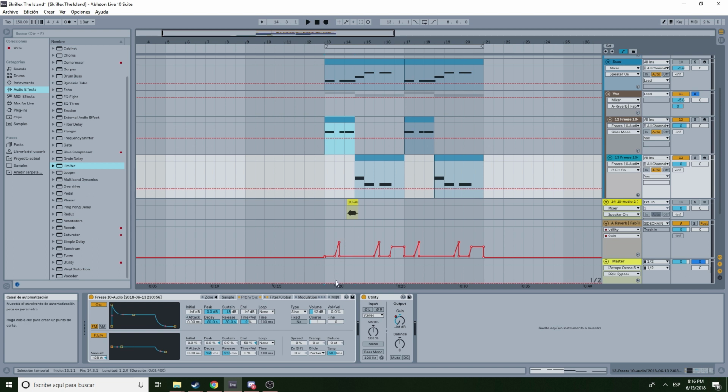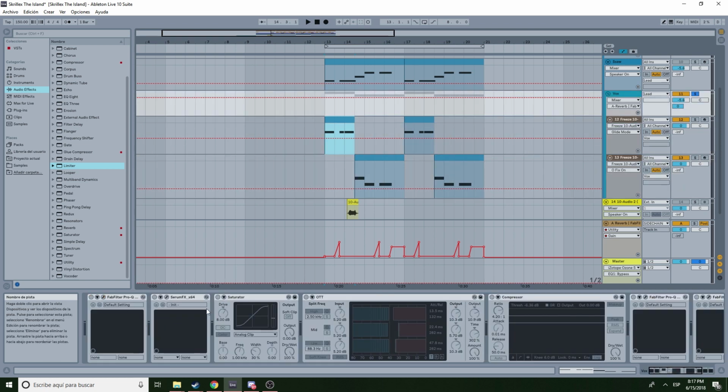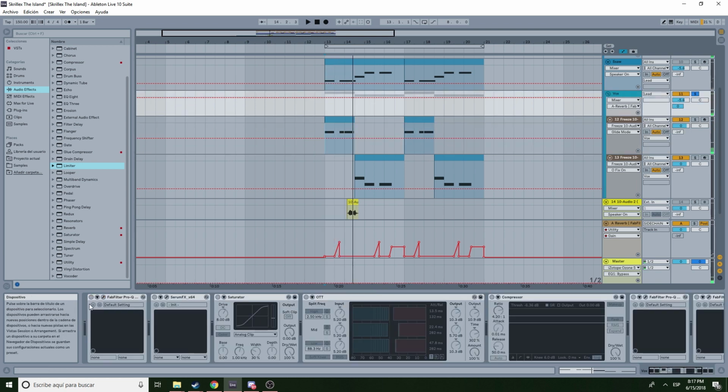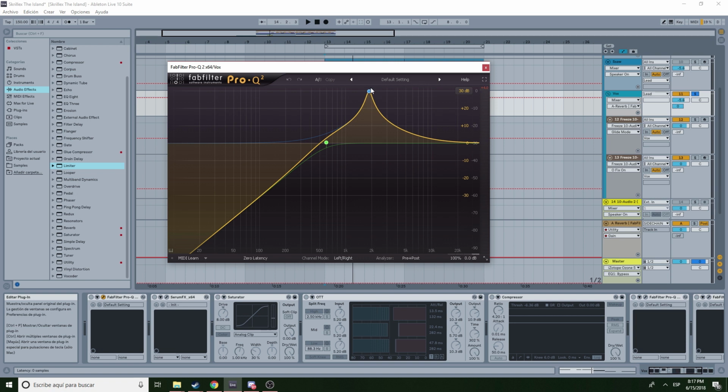That's it. Now, for the effects, I grouped them together and ran them through an effect chain. So right now it sounds like this. And what I do is pretty much EQ the hell out of it, because